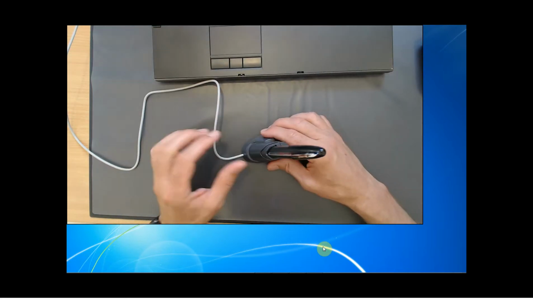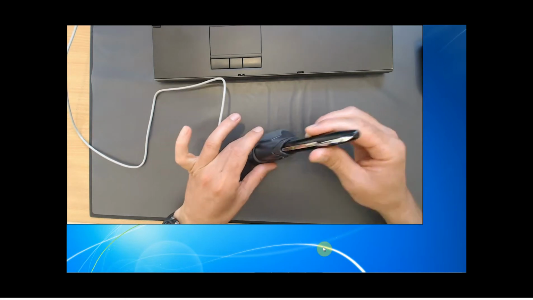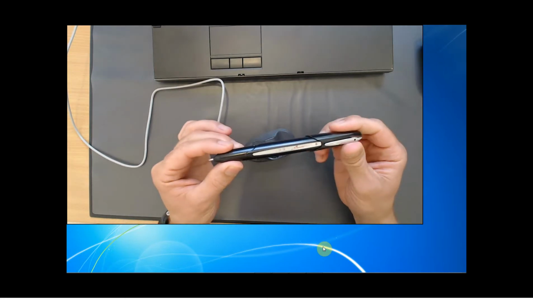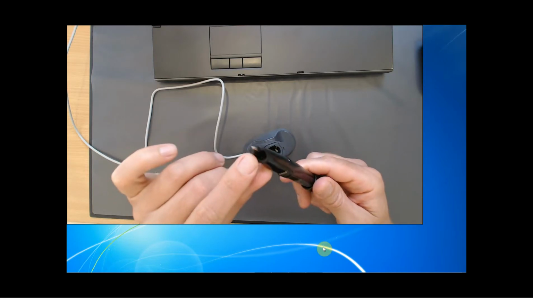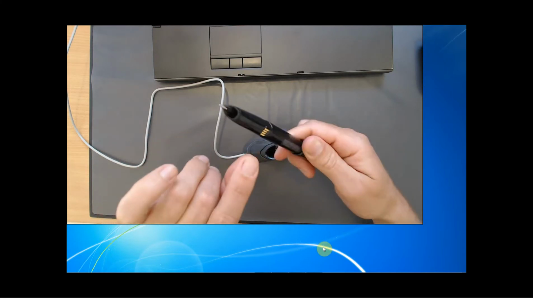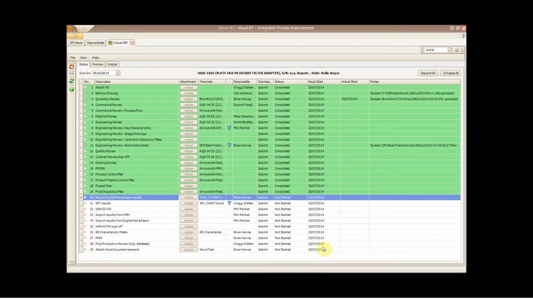So welcome to the digital pen and paper movie. This is a digital pen, and what I'm doing is just undocking it from its USB holder and showing you that in the end it is an ordinary ink biro, with a special camera that can read some dots, and some connecting pins. So from our Visual MPI software we can first of all show you the balloon drawing that we've created